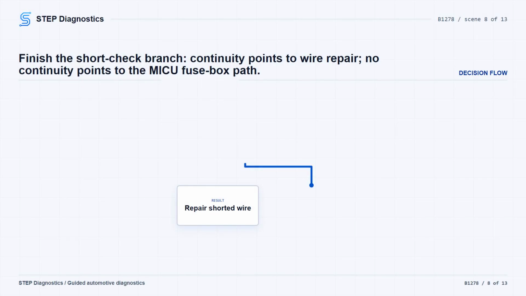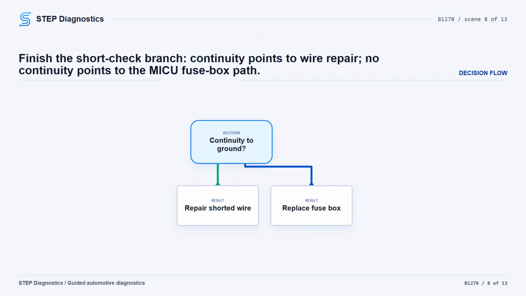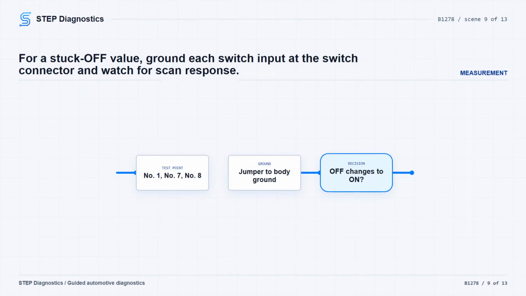Check H/L on SW from connector T, 20P no. 2, PNK to body ground. Check parking LT SW from connector T, 20P no. 3, GRI to body ground. If there is continuity, repair the short to ground in that wire. If there is no continuity on this path, the procedure calls the MICU faulty, with replacement of the underdash fuse and relay box. For the stuck OFF path, use a jumper wire to pull the switch input to body ground